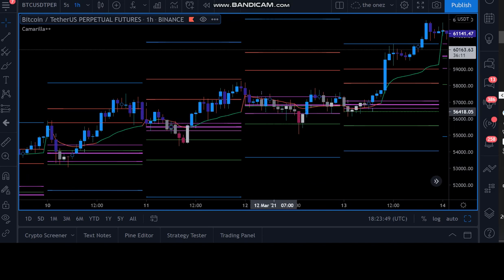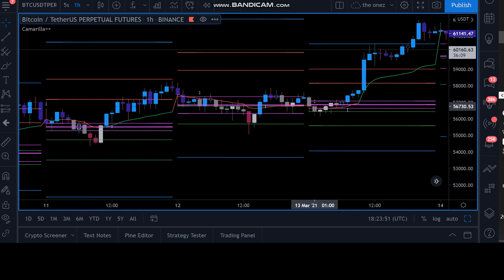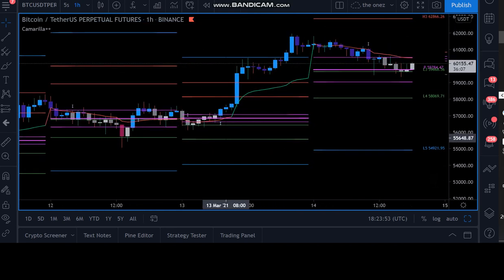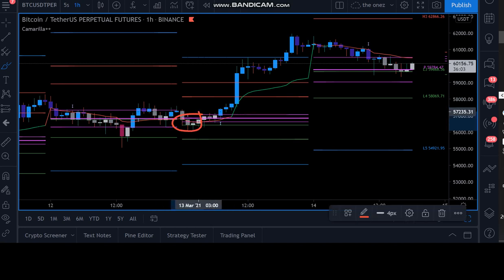There are some useful things. I've noticed the VWAP is a pretty good one. Let's take yesterday, for example. Price opened up on the Camarilla CPR. Well, it's really hard to tell which way it's going to go, right? Because you just got to wait until it breaks out one way or another. And the VWAP, with volume weighted average price included in the Camarilla, it flips to green just before most of